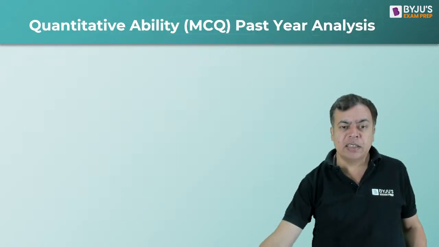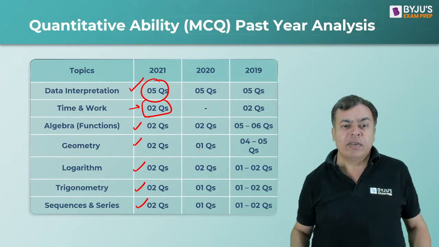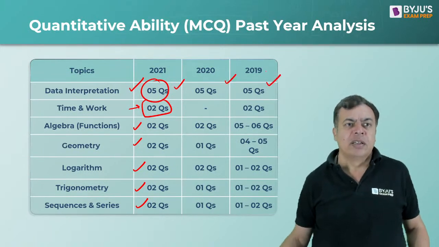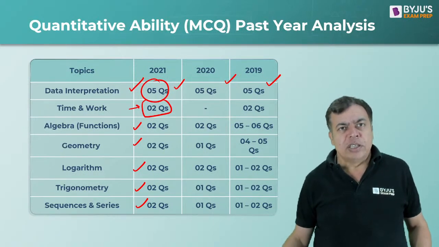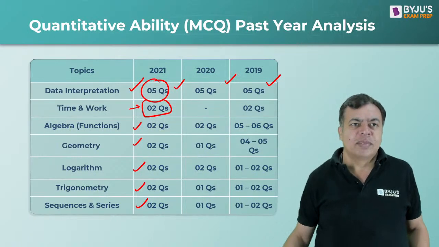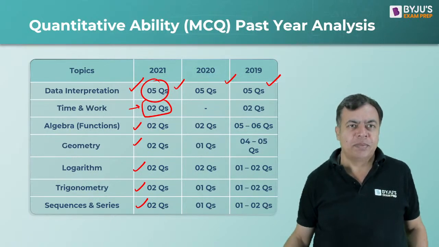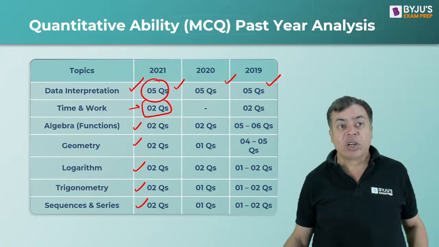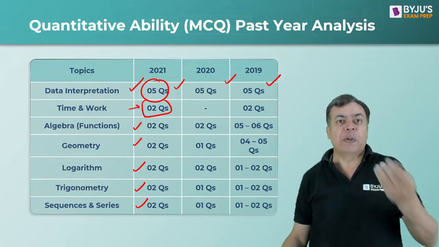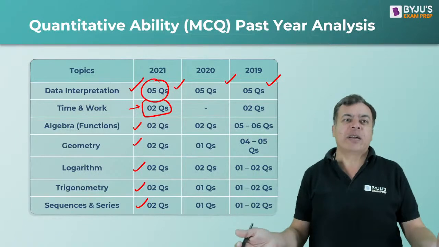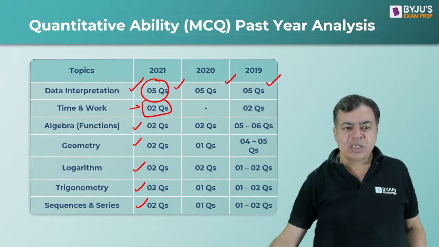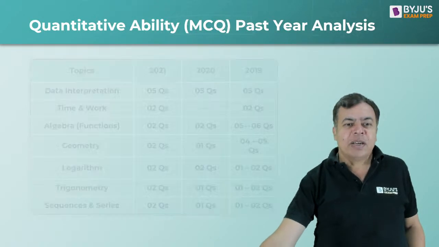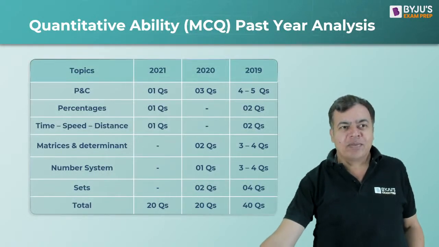You can see this, right? You have DI 5 questions, 5 questions, 5 questions, consistent, right? So one DI set will give you 5 questions. Generally, it will be doable, right? A DI set would be doable. You can think of directly doing 5 questions because you can spend time, because if you are not good at maths, you will have time. So you can spend that, but try to do algebra if you can.